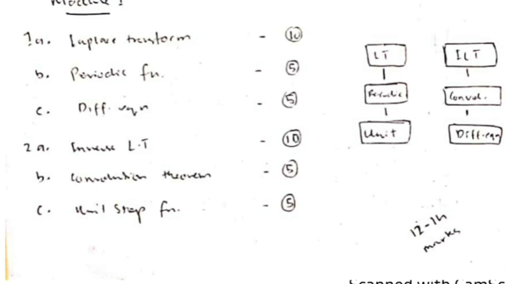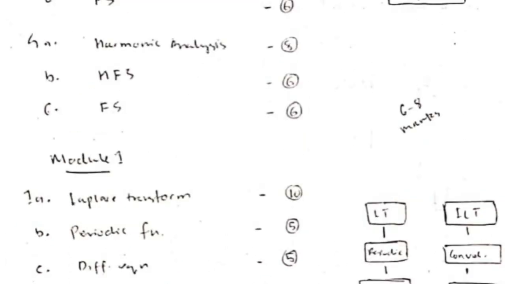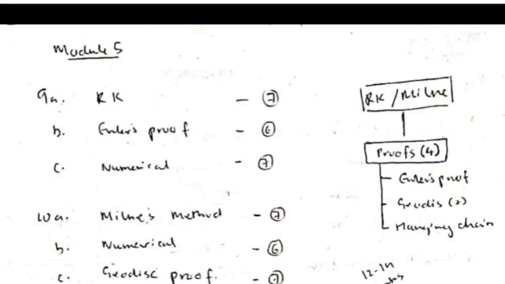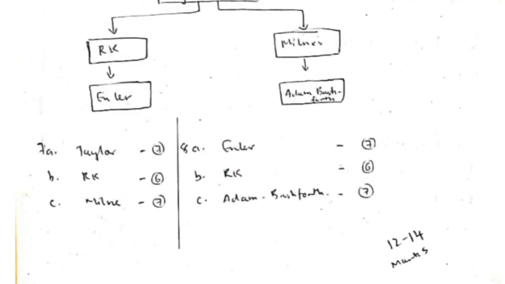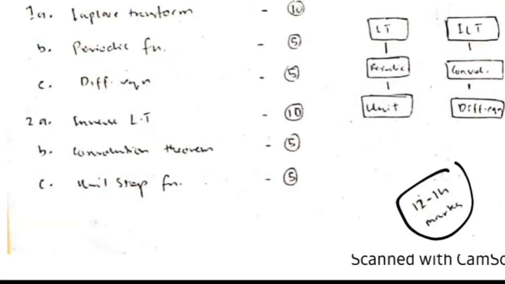Okay, talking about module 3, we have a total of 8 topics, so it's very hard to predict where the questions can be asked from, because the choices are more. So what I suggest you is to be thorough with these 4 modules, and score as much as you can from these 4 modules. So total marks will lie around 40 to 50 marks, and that's a good score, right? So yeah, that's it for this video.